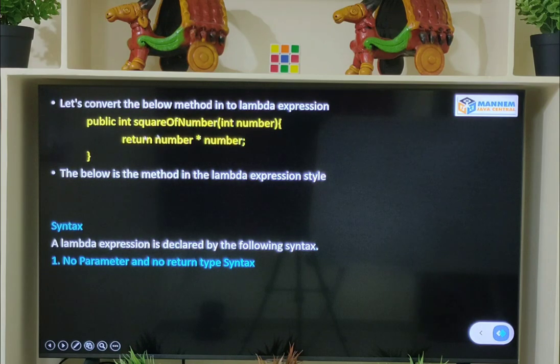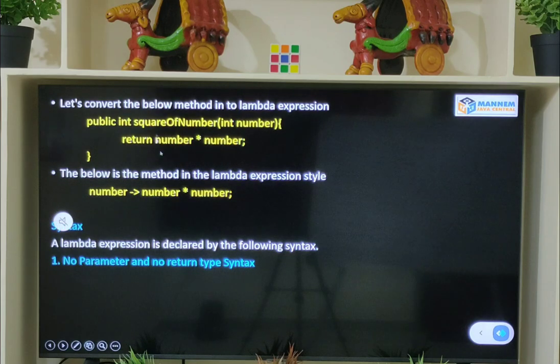The function has a body surrounded with curly braces. Now if I convert this function into a lambda expression, the result will be like this. This is a lambda expression which is equivalent to the function shown above.